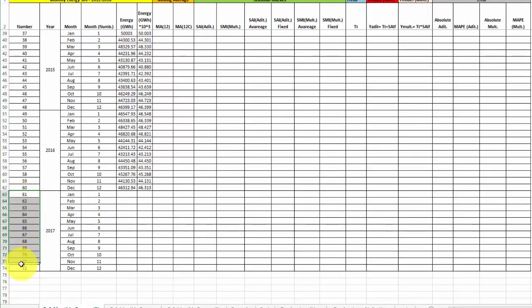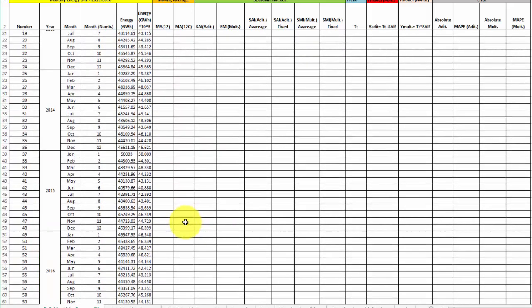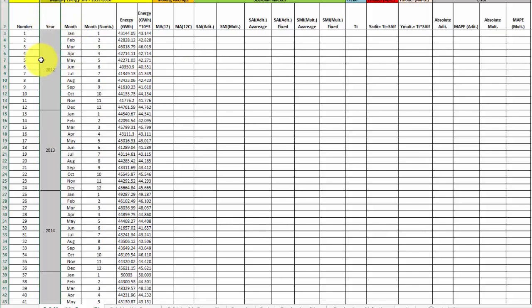And I put here 12 more values, which are associated with the next year. We will use our seasonal components in order to forecast the next year. And then we have the year associated with our time series,